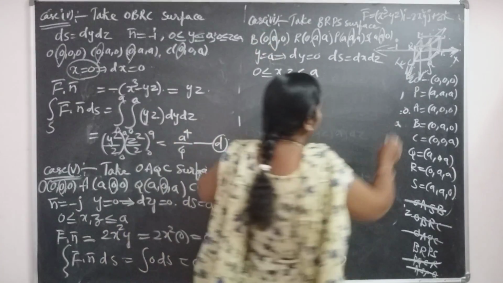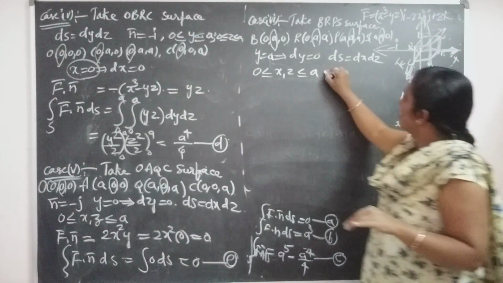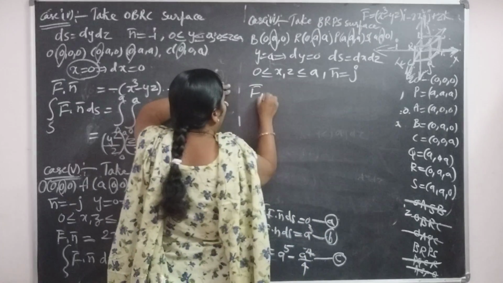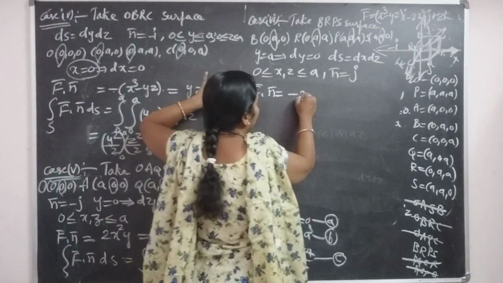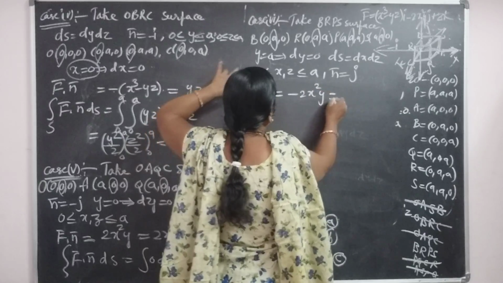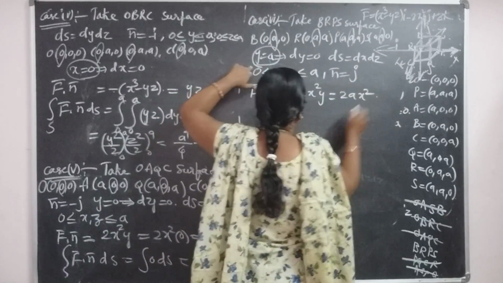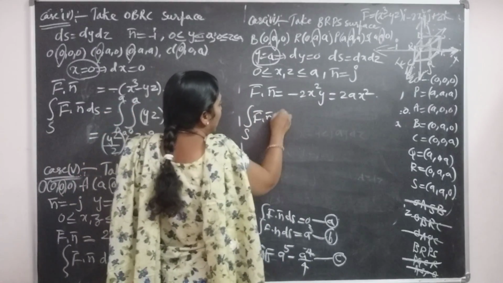And the outward unit normal vector is j, so n bar is equal to j. F bar dot n bar equals minus 2x squared y. Y is equal to a, substitute: minus 2a x squared. Surface integral of F bar dot n bar dS equals